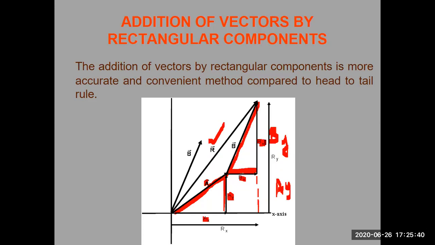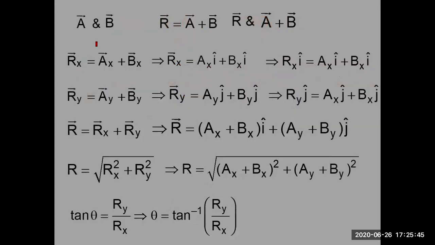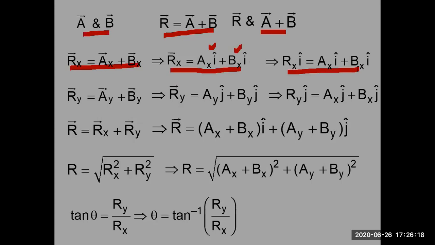So when you are getting horizontal and vertical components, this will be in the form of two vectors. If there are two vectors, then R is equal to A plus B, two vectors added. So Rx means both the horizontal components of vectors A and B, with the unit vector, that is Ax i plus Bx i. You are basically representing vectors along with their unit vectors. So here it is Rx i, that is Ax i plus Bx i.